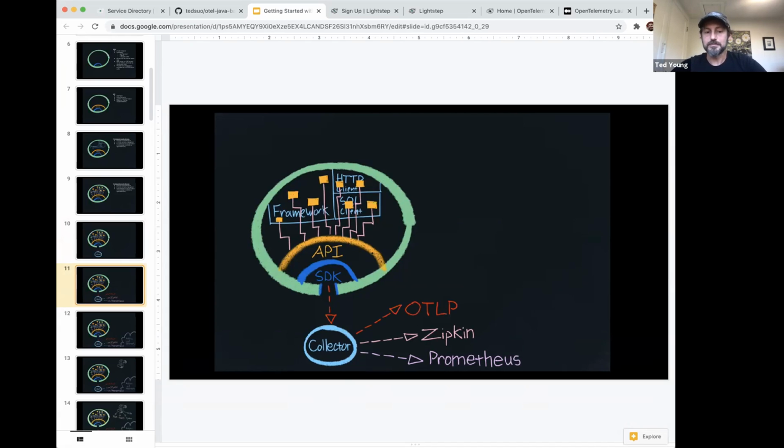And these exporters can happen at the language level. So again, you don't need to run a collector. You could just configure your SDK to use, say, the Zipkin exporter. But it is nice to do this stuff in a collector rather than in your application, because that takes a lot of this data formatting and data pipelining issue and makes it a purely operational concern. So you're not having to write code and redeploy your application in order to make some kind of change to your data pipeline. Instead, you're reconfiguring the collector and redeploying that component.